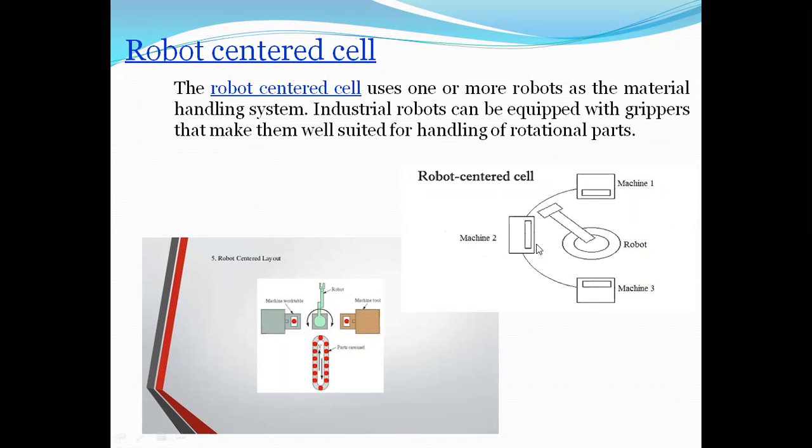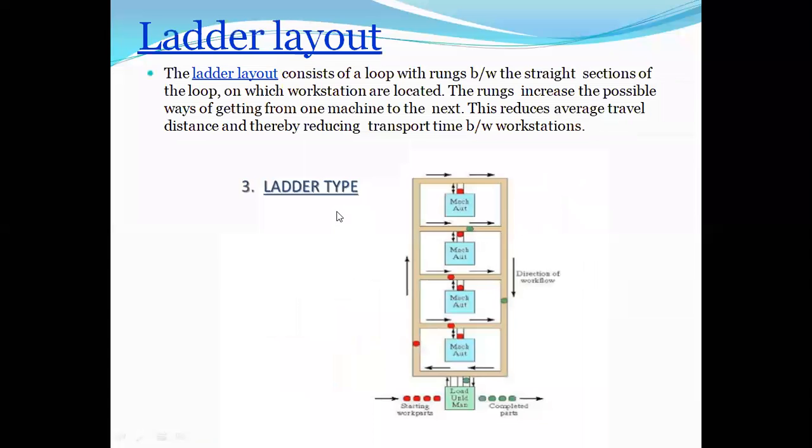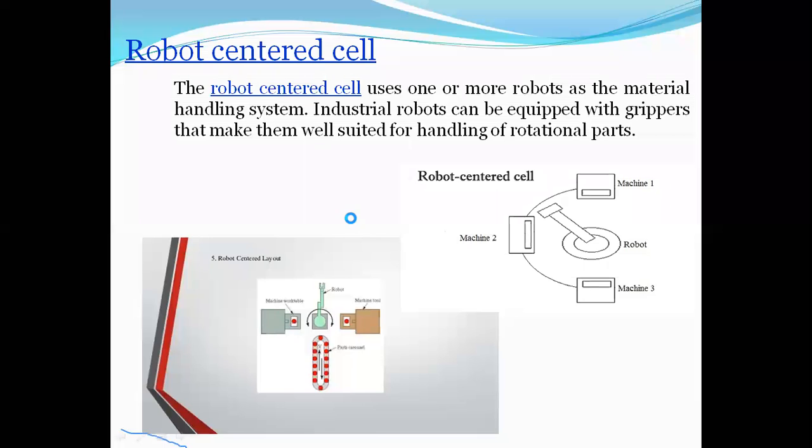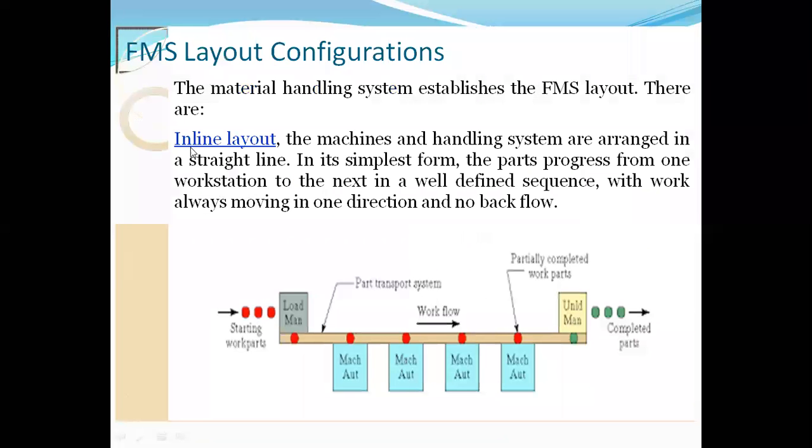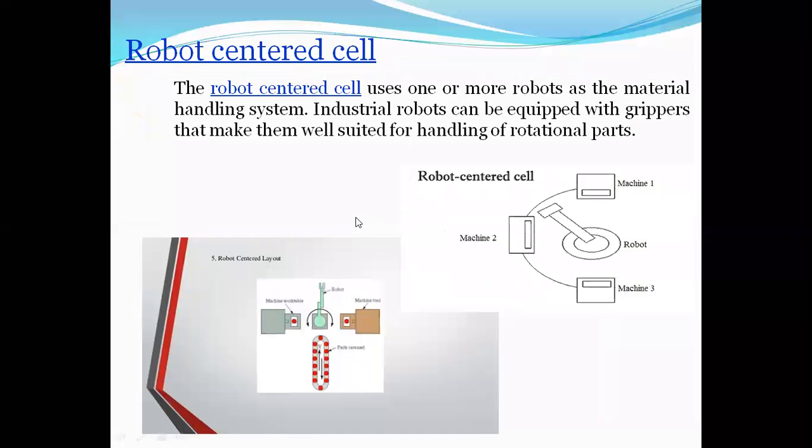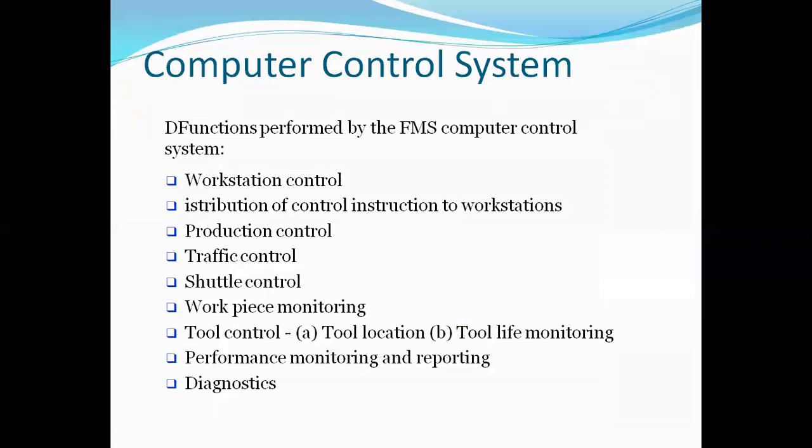Okay, and if the machining is done here, then it will be taken to machining station 3. You can see the other diagram also here. These are the layouts based on the type of material handling system you are adopting. If you see the open loop or inline layout, a simple conveyor belt system will be used for the movement of the parts. The conveyor belt will be there on which the components will be moving slowly and steadily. Based on the material handling system, these are the layouts used in the manufacturing industry.